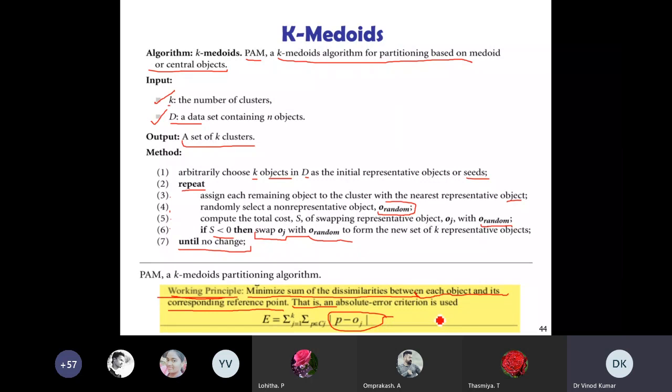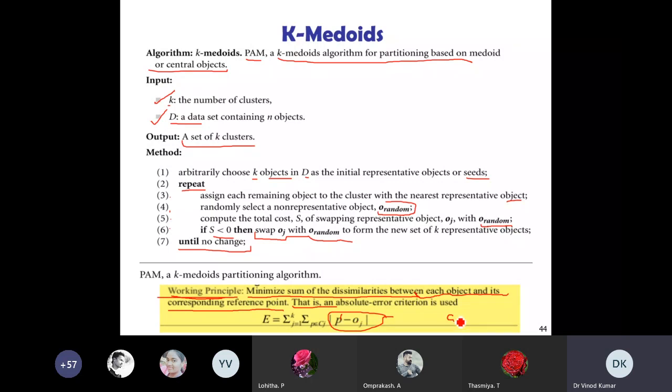This is the Manhattan distance, you can see here. P is any object and Oj is the new centroid that we have chosen. For all items you have to take the distance, and whatever cost comes, you have to note down that cost.